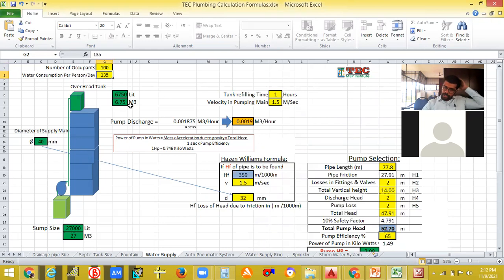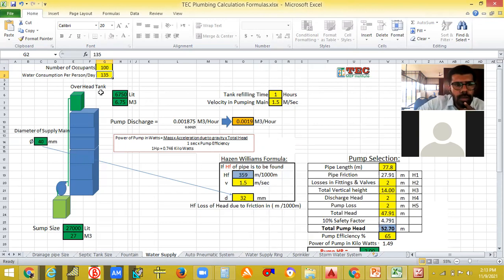It's already written there, which means they have taken half day storage. So in 1 day they have to pump 2 times. If they were choosing 13,500, the only change would be that they have to pump only 1 time, if they were using the overhead tank for 1 day storage. That's the only difference.